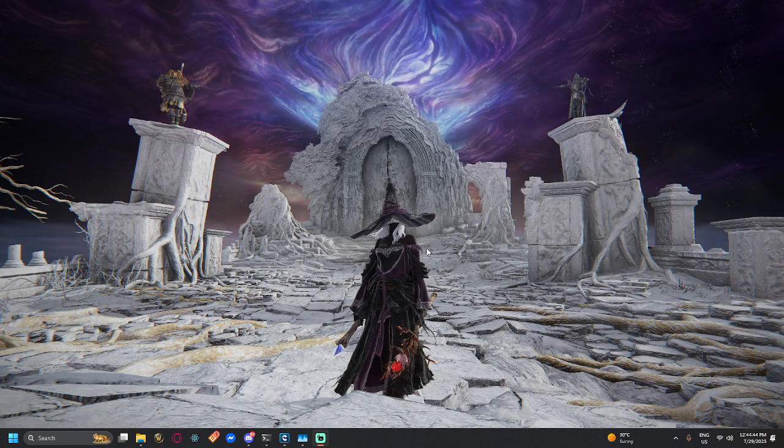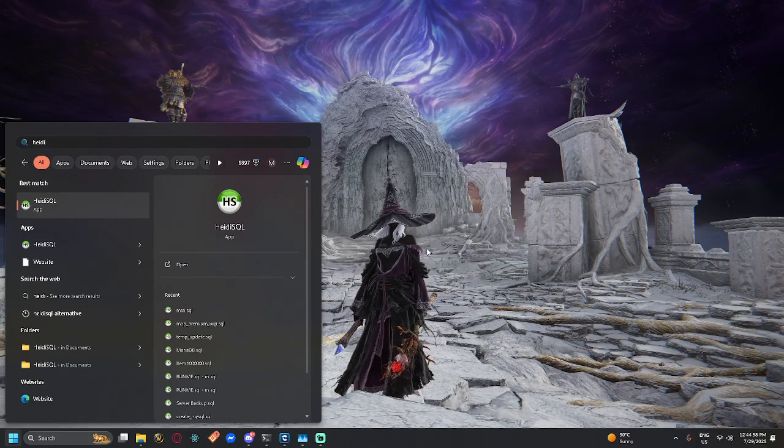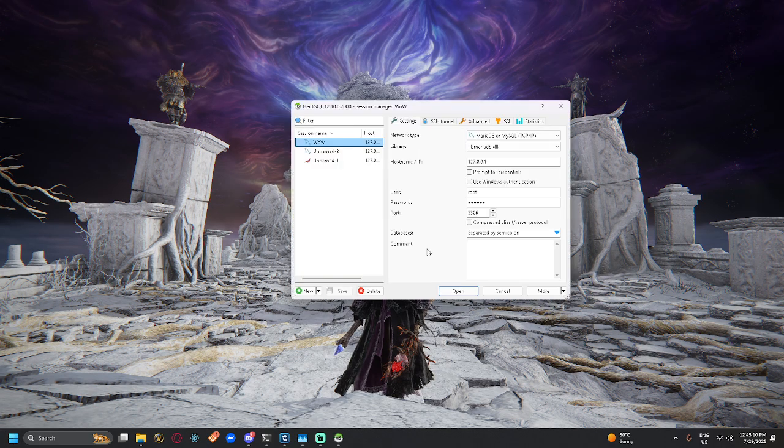Okay, so this is a tutorial on how to back up your MySQL data for whatever you're using it for. This applies to pretty much anything that's using a MySQL database. There are a couple of requirements that you need. One of them is something called SQLyog or a similar program. Any SQL database browser that runs with MySQL will work. I prefer SQLyog. It's a lot cleaner in my opinion. So you're going to need SQLyog,